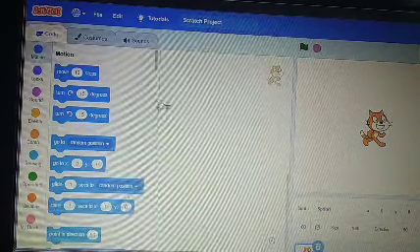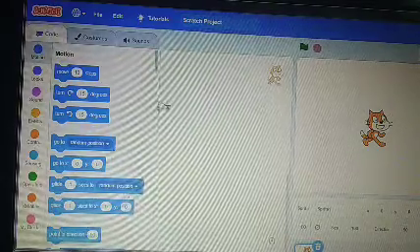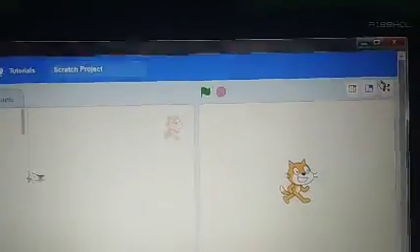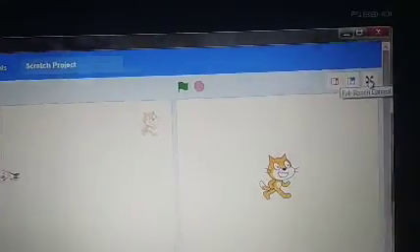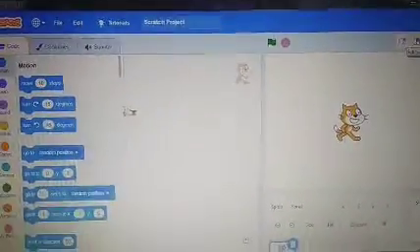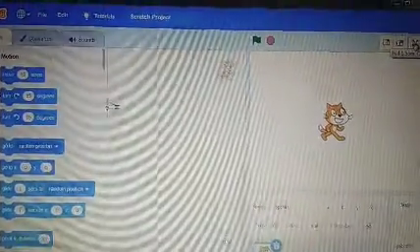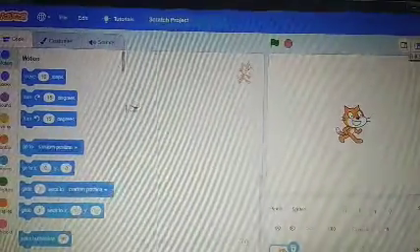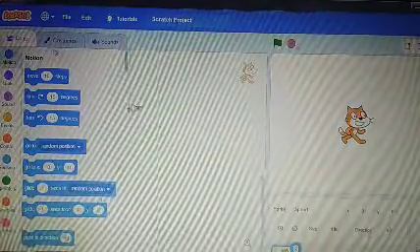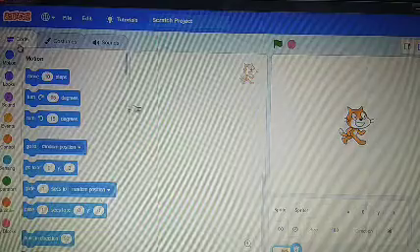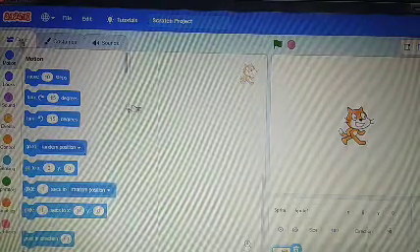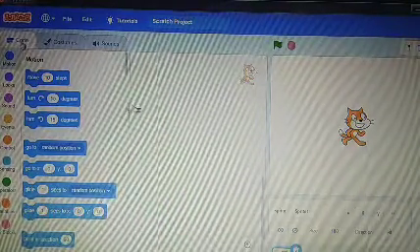I hope this button is visible to you. When you click on this, you can run your project on full screen. This is the coding part.